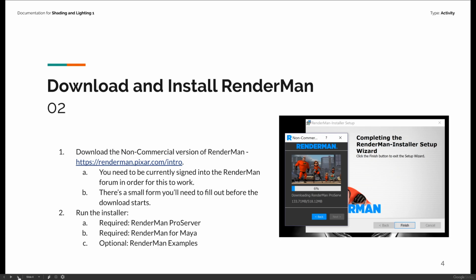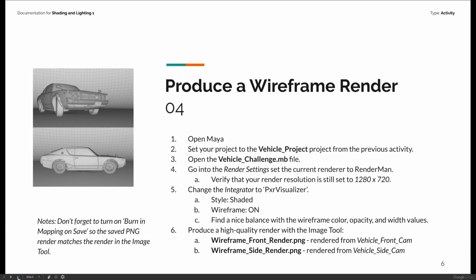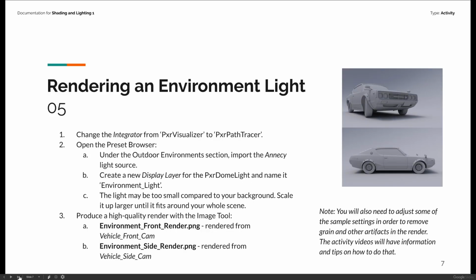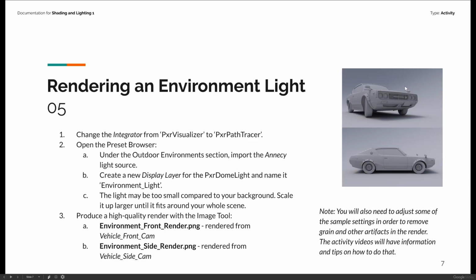So I think in here it probably says 22.3 in the image, but when you download it, it's probably going to be RenderMan 23 because they literally just released this a couple days ago. What RenderMan is going to allow us to do is make images with what we've got. You're not going to be making lights or doing anything too complicated. It's really just you verifying that you have RenderMan working and you know how to produce super simple images in your project. And I have all the lights set up for you except for this one, which I